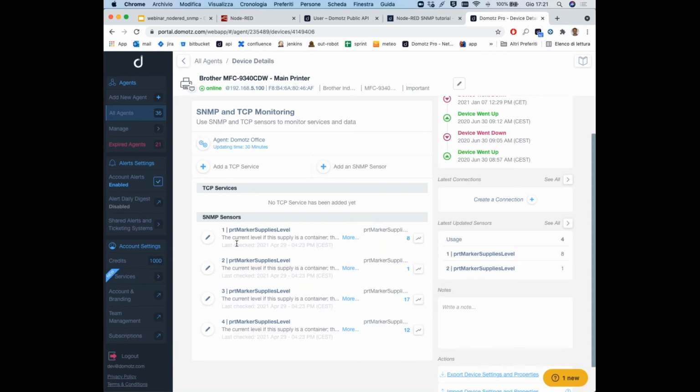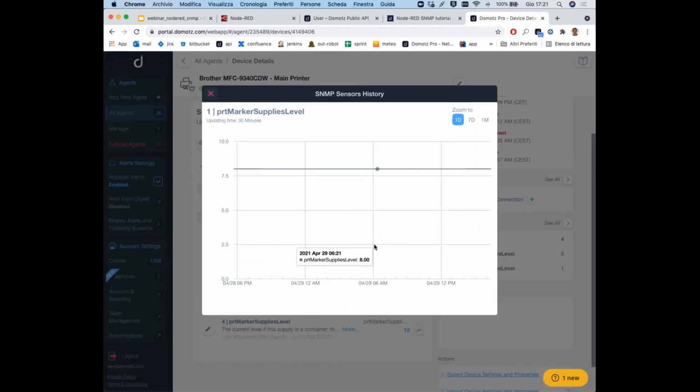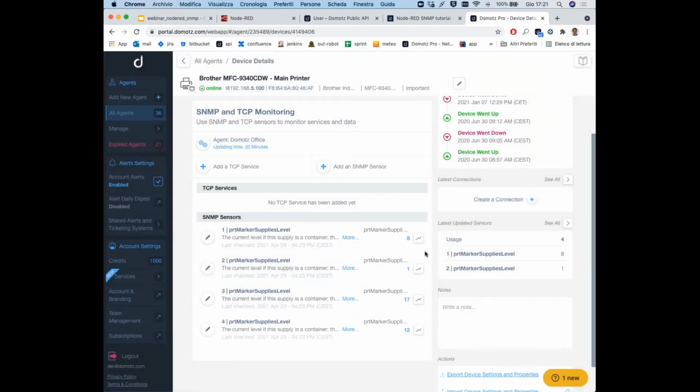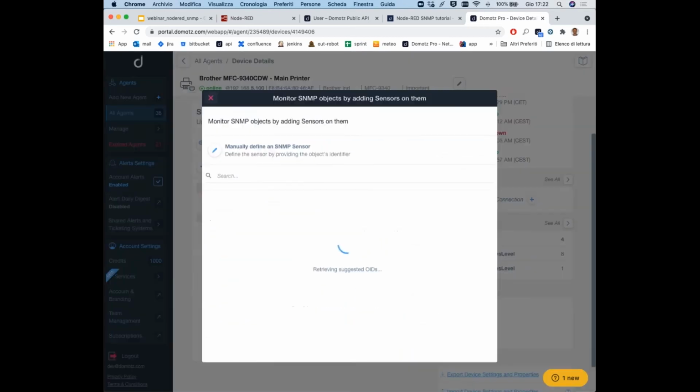In particular, we are interested in monitoring the ink level, and we subscribed to these 4 OIDs for this device, and you can also find the historical data for each of the OIDs that you subscribed to. In this case, I just added this sensor a few hours ago and nobody used the printer today, so the values are equal, but here you can find the historical data of this particular OID. We are interested, and if you want to add additional sensors, you can use